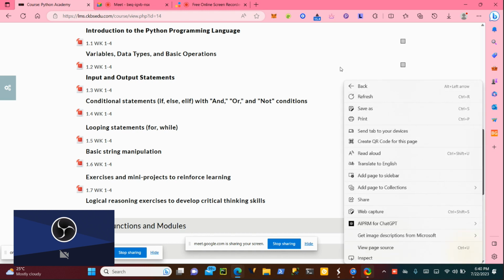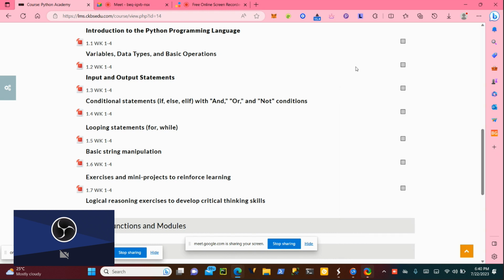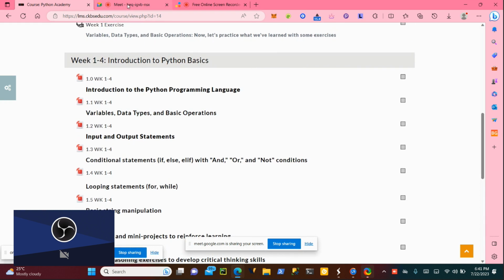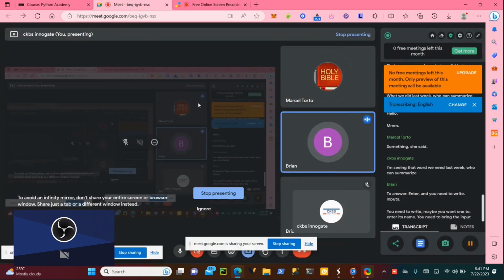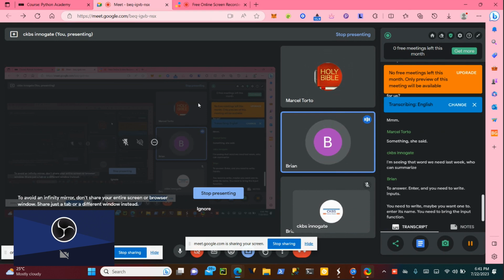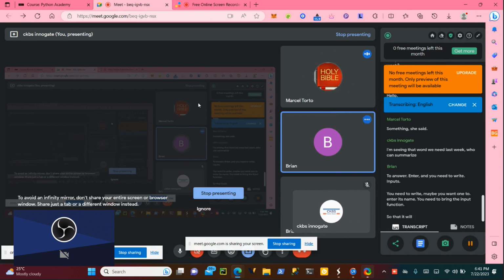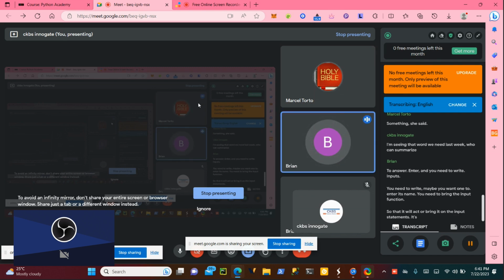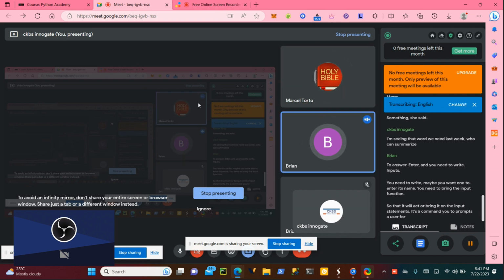Maybe you want to enter your name. You need to bring the input function so that it will ask or bring a command. The input statement is a command used to prompt a user for information.